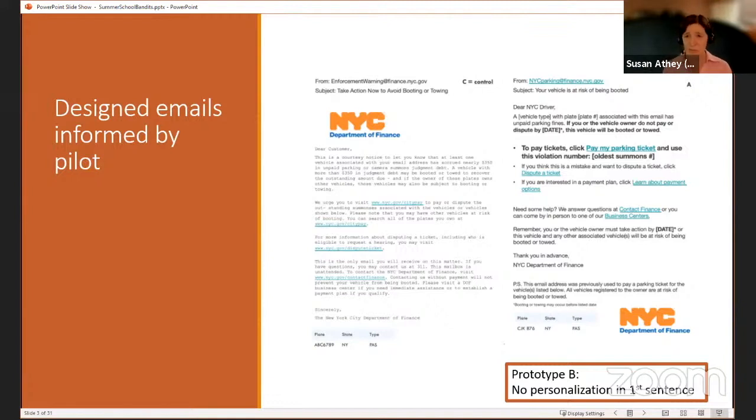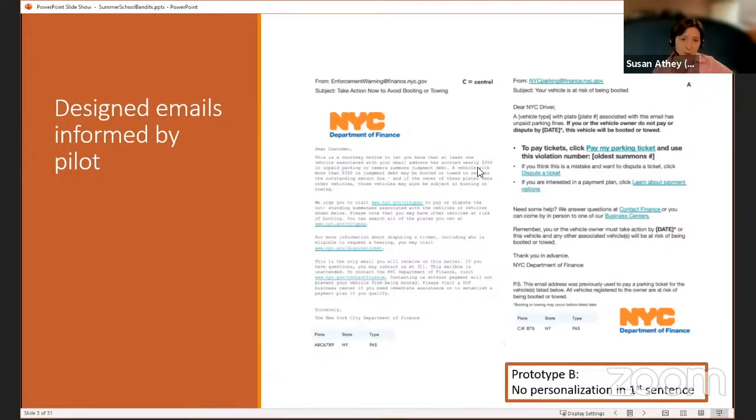Now, you might not think that trying to get people to pay their parking tickets is really important for social impact, but it can be a really important problem to solve, because if somebody's car gets booted and towed, they're now going to have to pay to get it back. Actually, I remember when I first started teaching at MIT, I once overslept the street cleaning, and I had to take a taxi to go and get my car out of being booted. And so it takes time. You have to take off work, and you have to pay high fees. So if you can get people to set up a payment plan ahead of time, that can be beneficial for them. And here are some examples of the types of emails we're talking about.